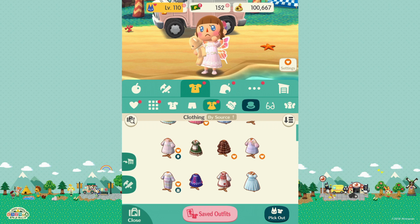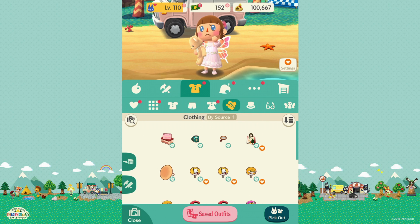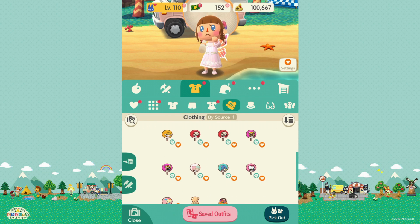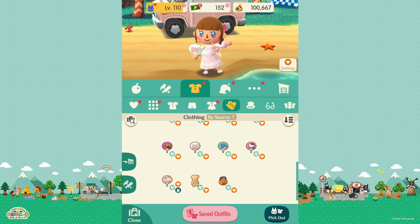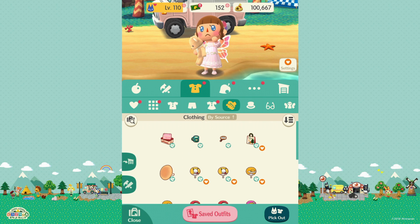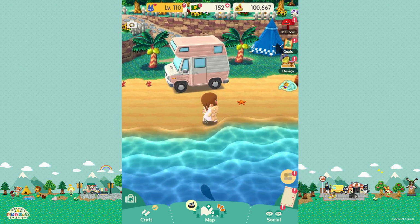So the good news is that it has been confirmed that our friendship level with the animal villagers, our character's level, our different terrain parts, amenities, and all of our clothing and furniture will all be transferred to the new version of the game, which is great news for those of us who've been playing for many years or since Pocket Camp's release and have collected so much stuff and made a lot of progress that we don't just want to throw